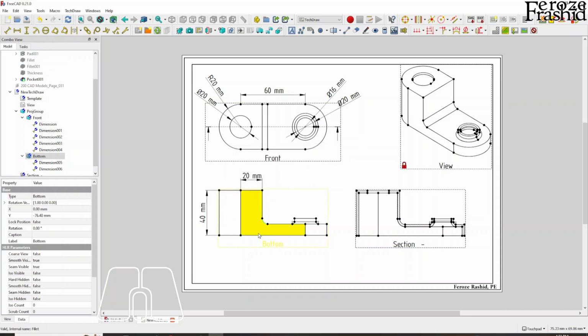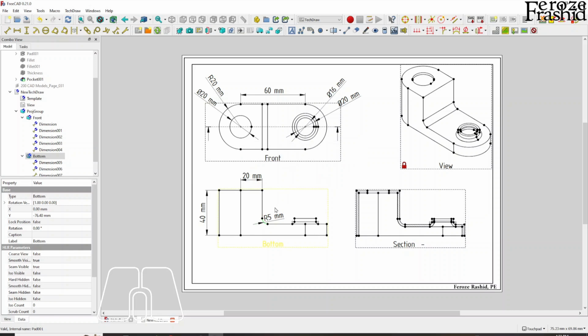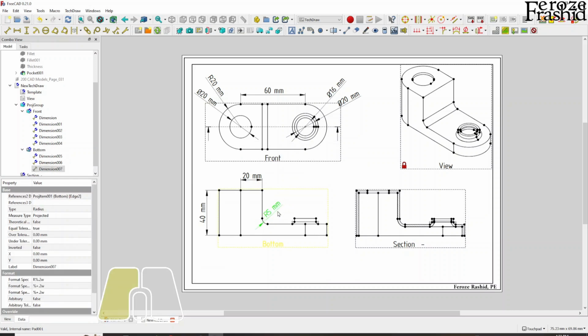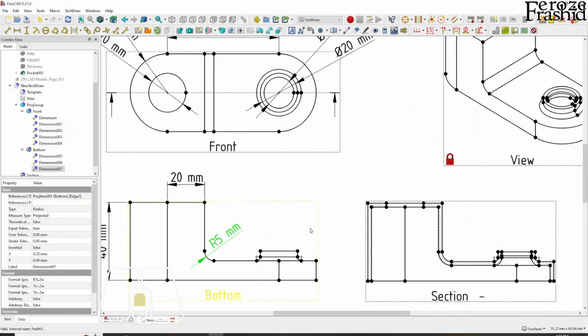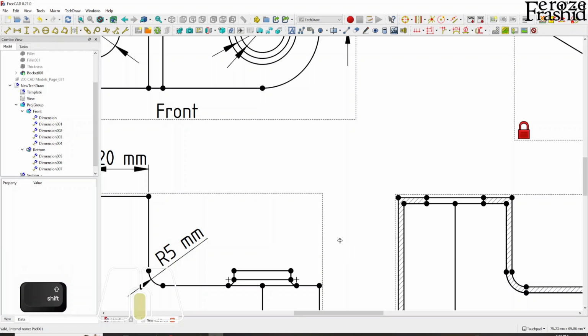Okay, I guess I hit the wrong button. So select this, and that should be radius. Select edge of an ellipse. Radius will be approximate. It's not an ellipse, but we will go with it. Okay, FreeCAD, right? All right, so